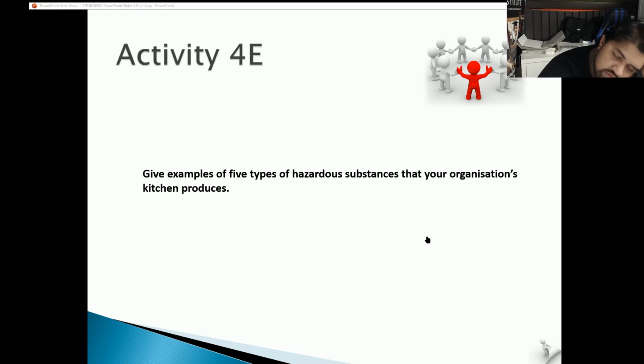What else do we do? Hazardous-wise, we're pretty environmentally conscious, but what else do we do? Not much. We don't really create a lot of environmentally hazardous things, but as you've got examples there,